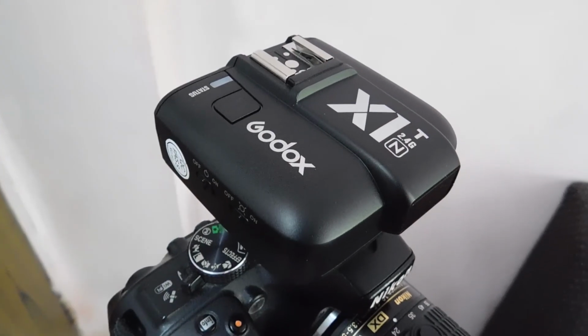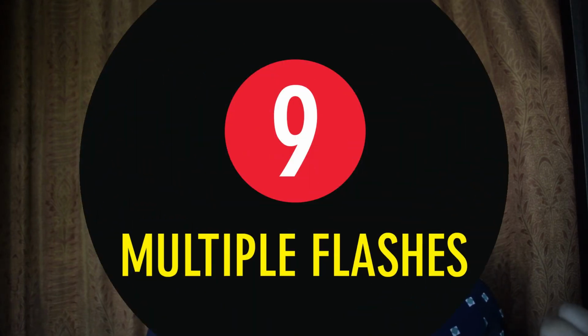Using my hot shoe flash directly on my camera can be a little limiting, because I can either directly use it on my subject or bounce it off any surface nearby. Using a trigger for your flash will allow you to control the flash remotely. This will allow me to place my flashlight literally anywhere and I can remotely control it, so I can experiment with different lighting patterns and modifiers.